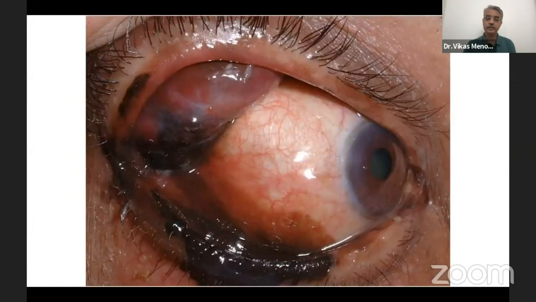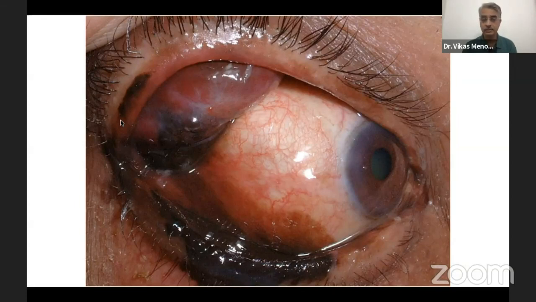Another patient who presented with diffuse deep dark pigmentation of the fornices and the bulbar conjunctiva, with pigmentation spilling over onto and involving the lid margin, as well as a thick, large nodule in the superior fornix. Now, this is the type of conjunctival melanoma that you see which has arisen from a background of PAM, or